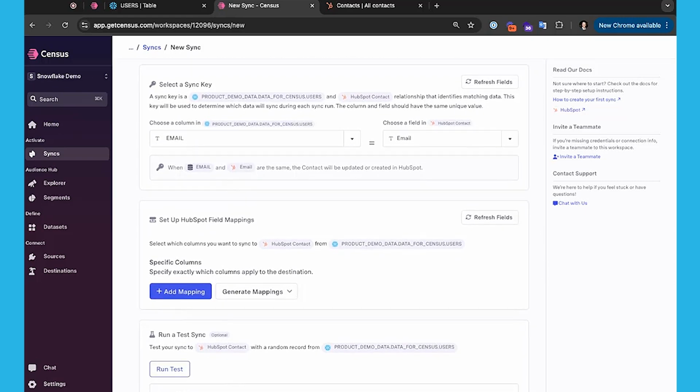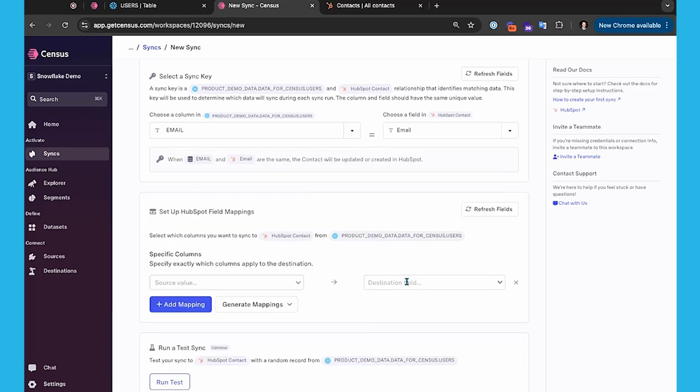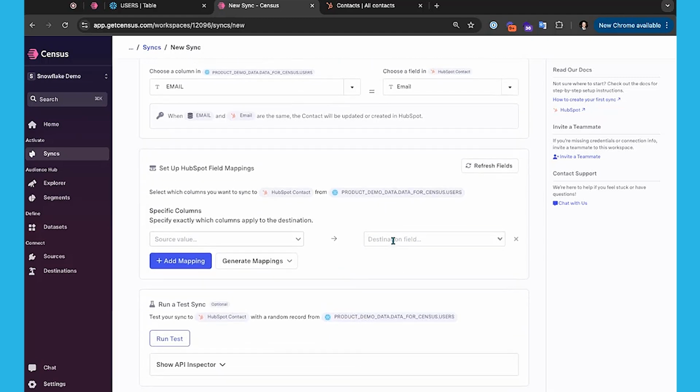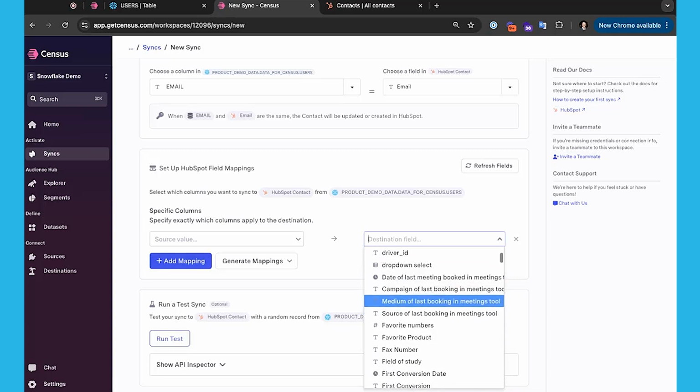And then from here, it's just a simple field mapping exercise. So we can decide what additional information we want to enrich HubSpot with. Now, as an example, I could select a source table column as well as a destination property. And what you can see is these are all of the available properties to sync to within the HubSpot contact